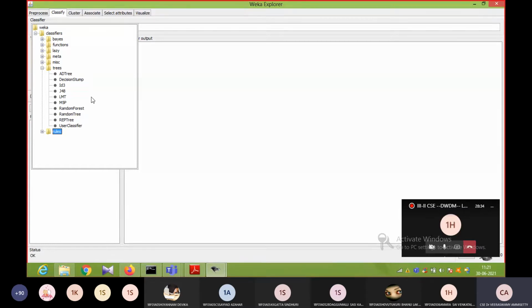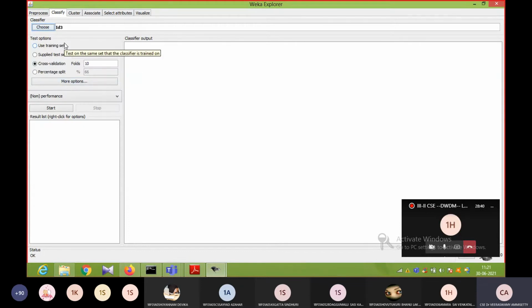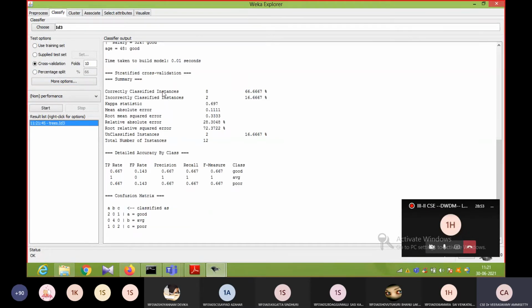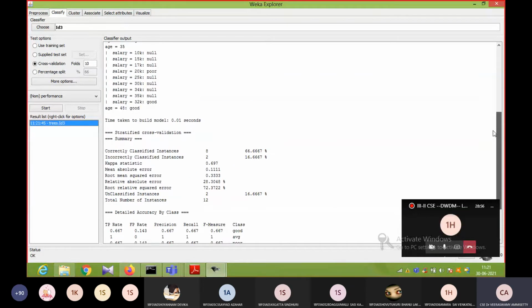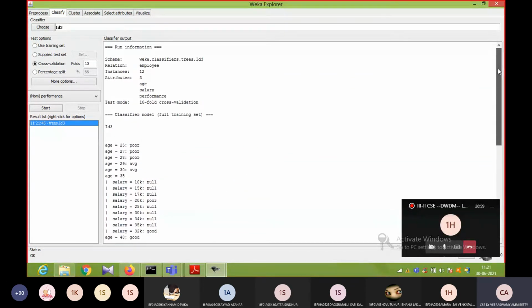Now I need to apply the ID3 algorithm for the employee dataset with accuracy measurement by using cross validation folds 10. So I select cross validation folds 10. Click on ID3, and click on the Start button. This is the information we are getting after applying the ID3 algorithm for a particular dataset.